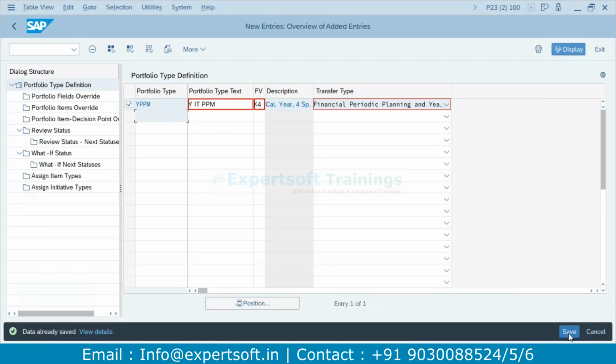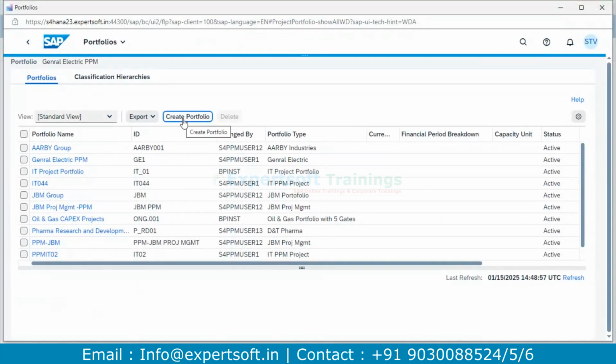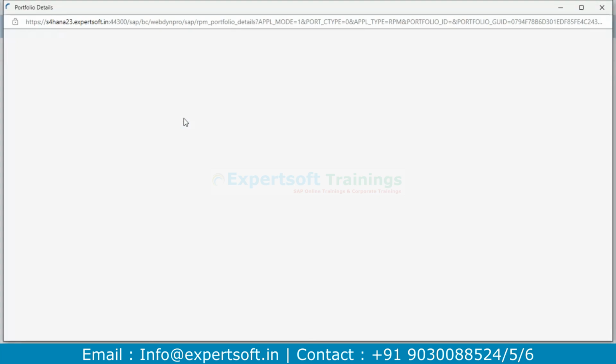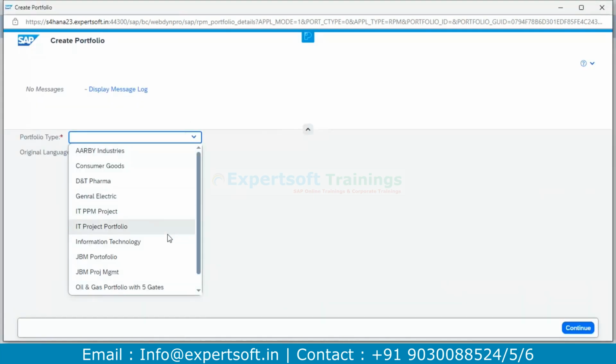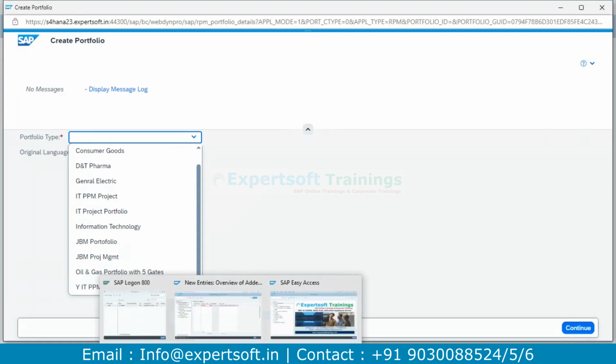Once you save this, now you can go to this one. If you try to create the new portfolio, you will get that YIT PPM, the one we just created recently. You can see that. Right, instead of this YIT PPM, we can go with